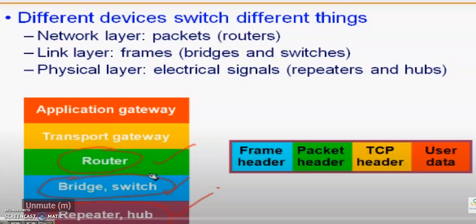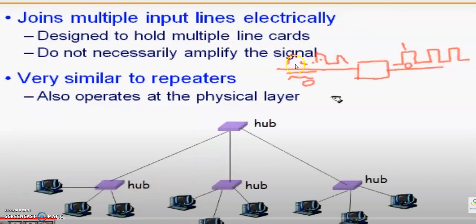That is doing the same strengthening of the signals. If you want to send signals over a large distance, after traveling a certain distance the signal becomes weak, like this. The dotted signals represent the weak signals. So the repeater is used here to strengthen or refresh the signals. The hub is also acting like a repeater.